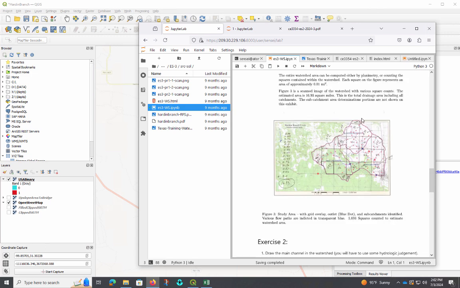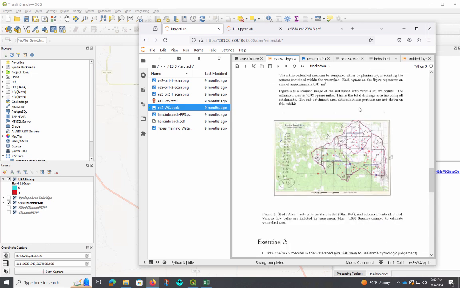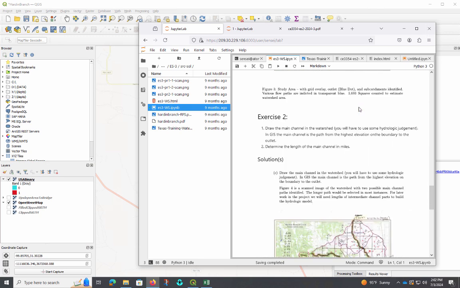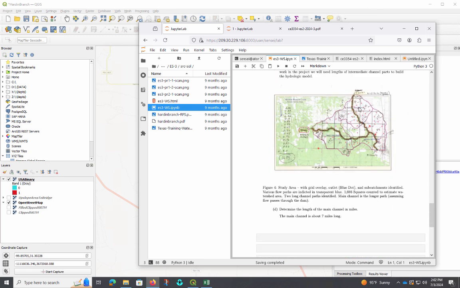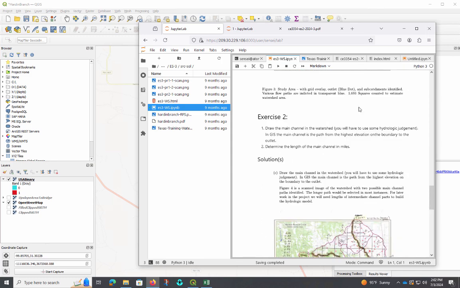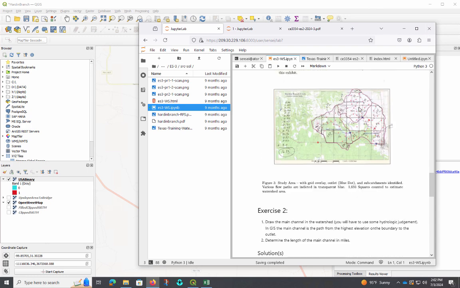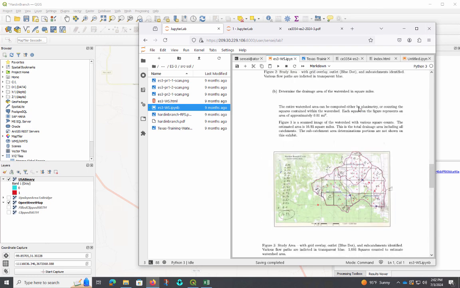Now let's see if I actually had a good sense to write down. Okay, determine the drainage area computed by. Okay, so the main channel is 7 miles long. We'll get to that in another homework assignment. Oh, I'm embarrassed. Doesn't look like there's the actual answer. This is showing 17 square miles